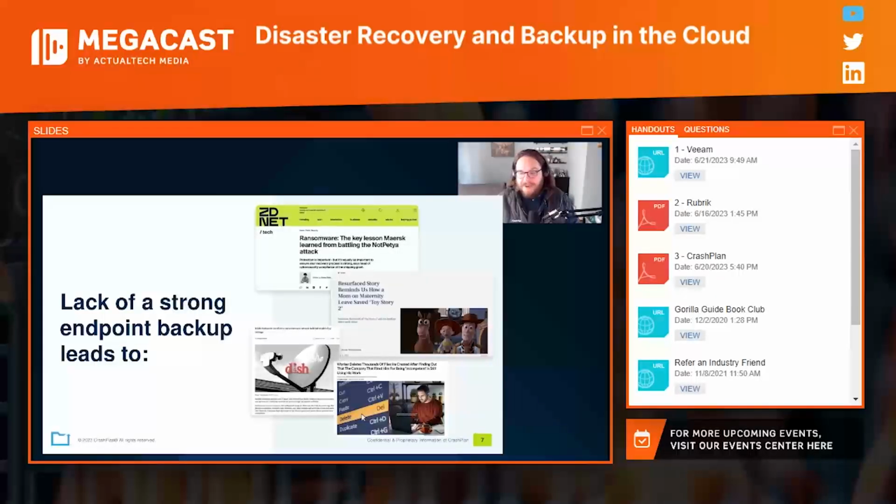Similarly, Toy Story 2, I don't know if any of you have seen the movie, and I'm not trying to put Pixar on blast because they're great, but they had a policy that said nobody can have another copy of the data for this film. Makes sense, right? From a security perspective, you don't want to do that. However, somebody actually went in and accidentally deleted everything.